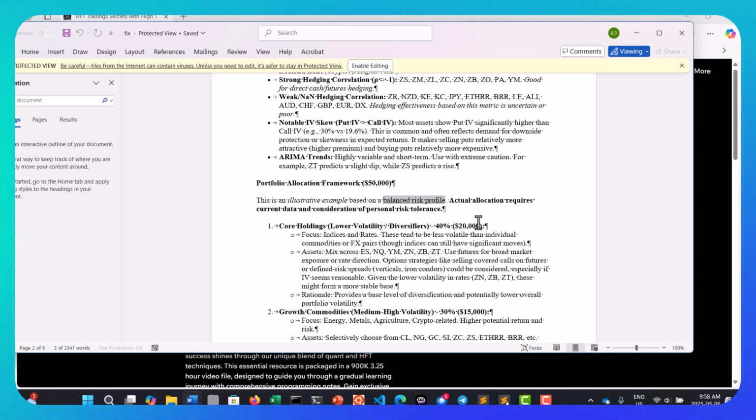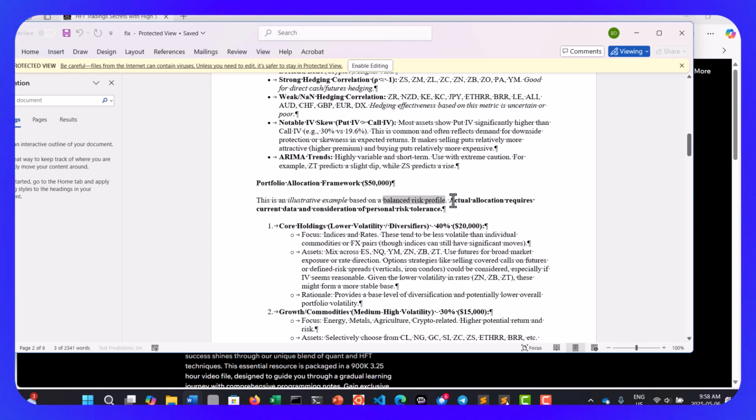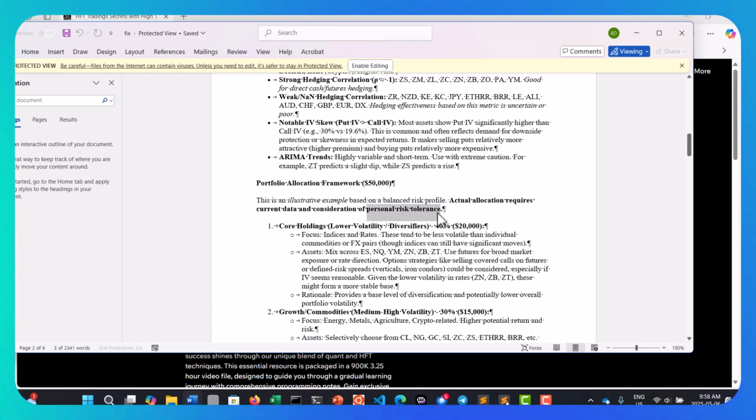feed it into a general AI and come back with really good, I won't say accurate results, but better than what is out there. Okay. And then you get an actual allocation requirement based on the current data and consideration for personal risk tolerance. That's another key one as well. So if you're in your 20s, you can add in the medium risk if you want. In my case, if I'm in my 50s and I'm worried about closer to retiring, obviously my risk profile will